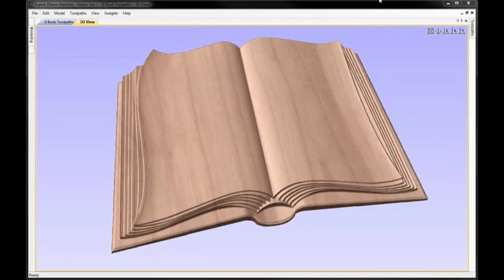In this video, we're going to go through the stages of creating a model of an open book in Aspire. I'm going to use some pre-created vectors in order to create the cover and the shape for the pages. I'm going to show you how to make the duplicate copy of the pages and use the distortion tool in order to edit them to give them a little bit more shape, as we can see in the image on